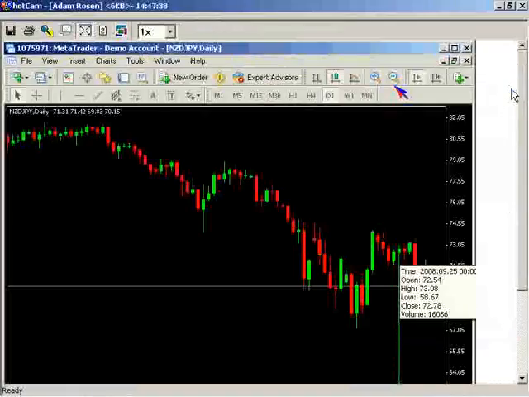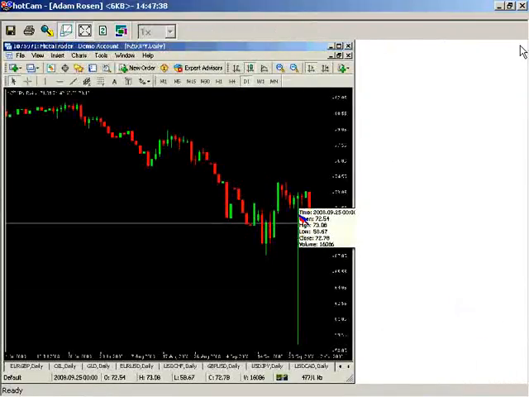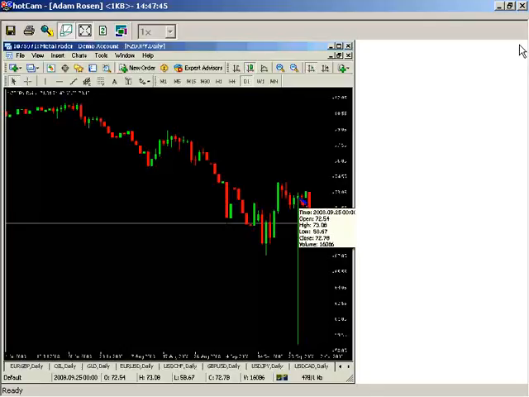Now, this long candlestick wick at the bottom is a false tick. It was a bad piece of data. So the market did not go down 2,000 pips in one day and then back up. Just a piece of false data. So it does skew our charts a little bit. Why is the Kiwi yen going down over the past week? Well,